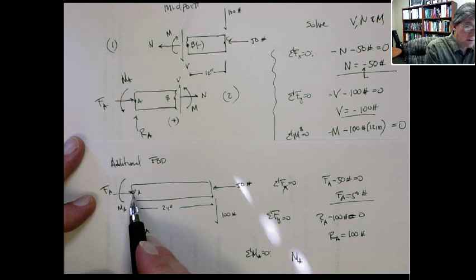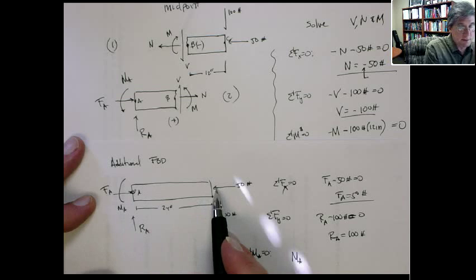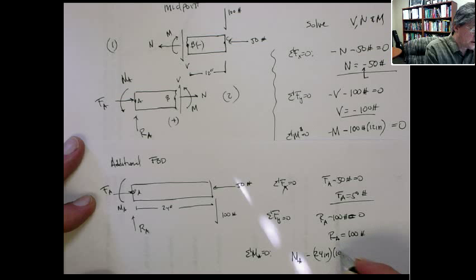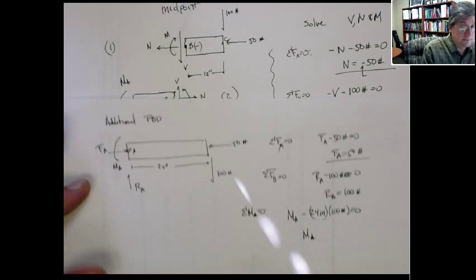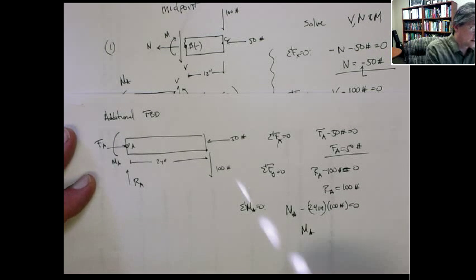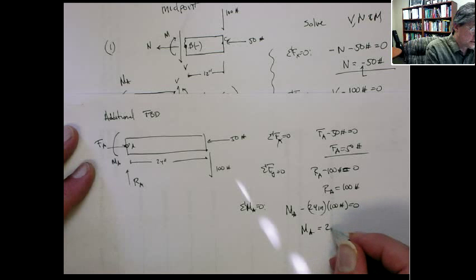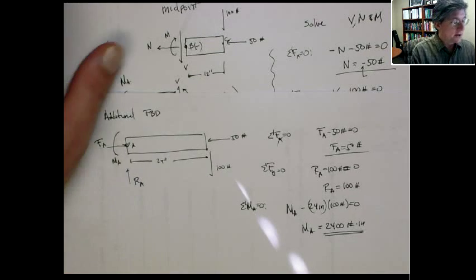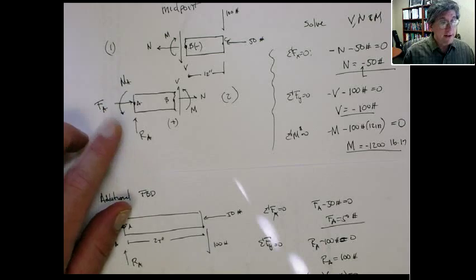These guys don't contribute any moment. Neither does the 50, by the same logic as before. But the 100 does give us a moment. It's a negative moment, and its moment arm is 24. So it's minus 24 inches times 100 pounds equals 0. So the external reaction moment, the built-in support at A, over here, is going to equal 2,400 pound inches. Okay? All right. Well, now that we have those, I can then use those on this free body diagram